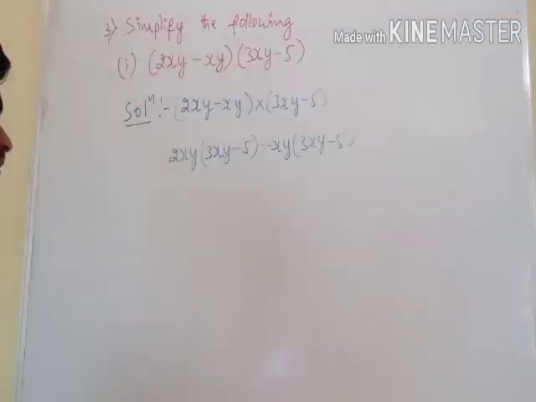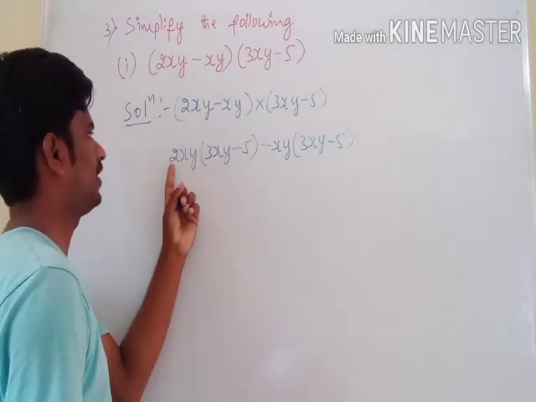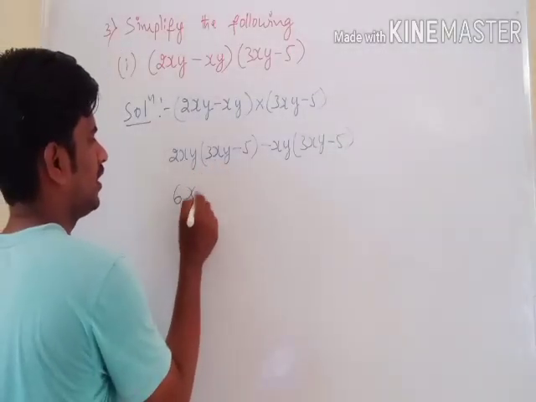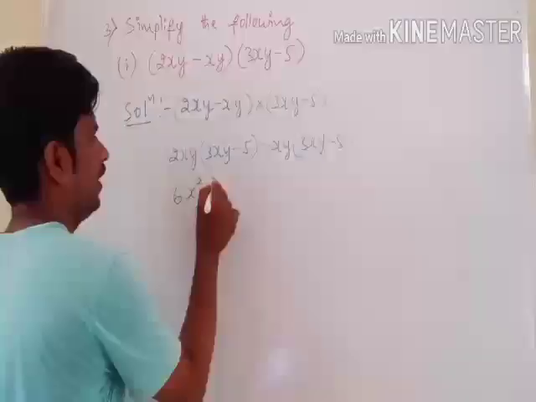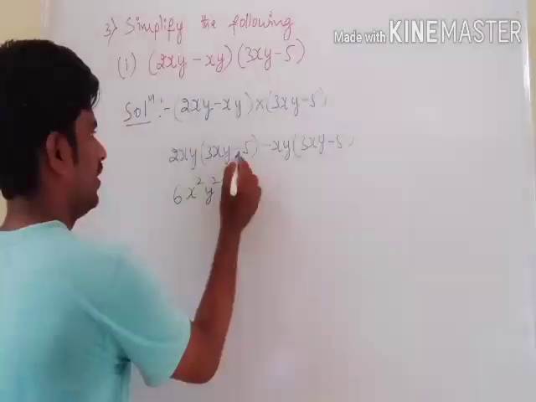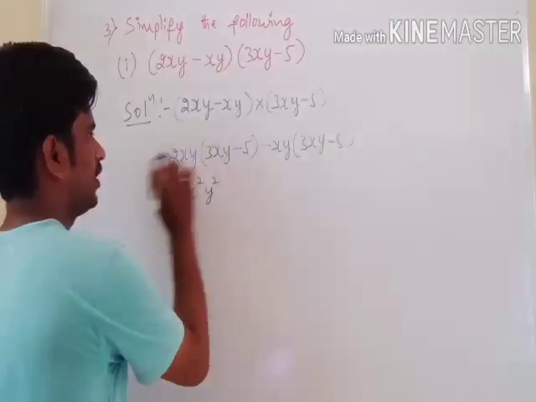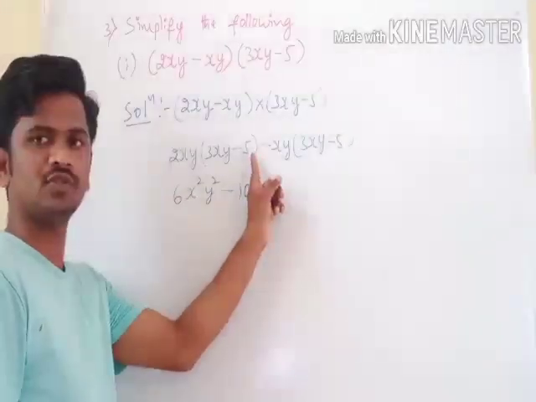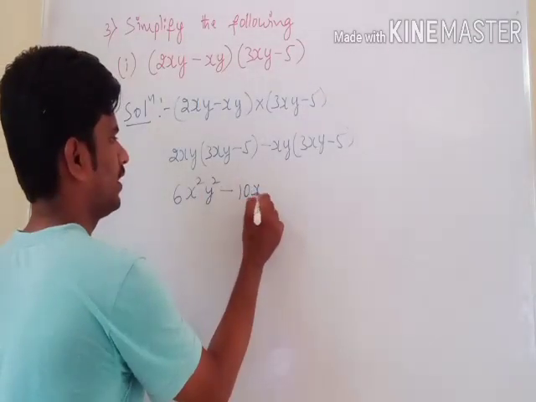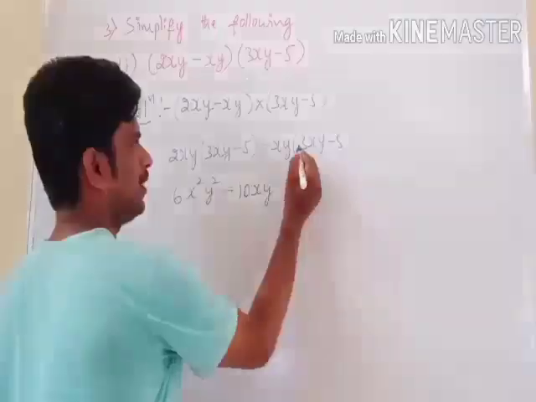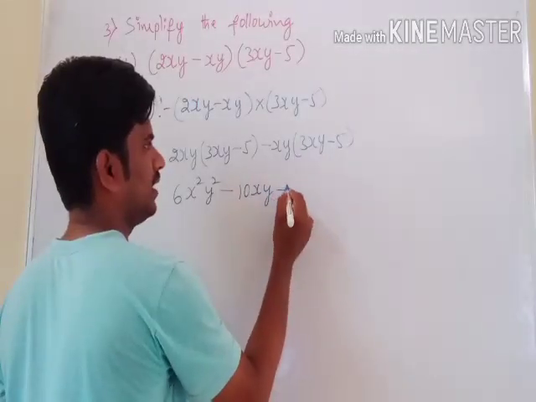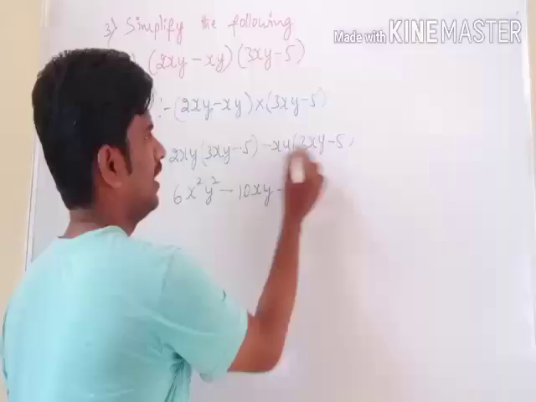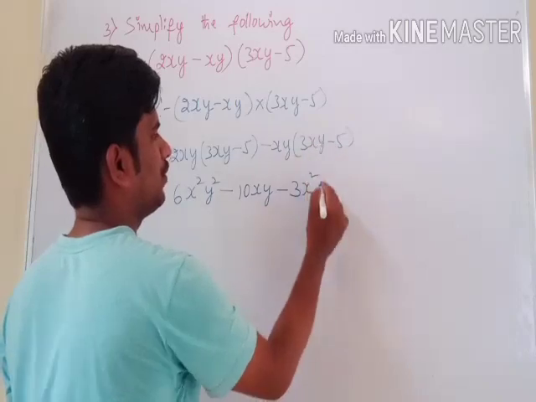Okay. Then you multiply the numerical coefficients, 2 into 3, that is 2 3s are 6, x into x, x square, y into y, y square. Next, here it is positive and this one is negative, so plus into minus, minus 2 5s are 10. Here there is no variable, that's why you write this one as it is, xy. Next, here this one is negative and this is positive, so minus into plus is minus. Here the numerical coefficient is obviously 1, so 1 3s are 3, x into x, x square, y into y, y square.